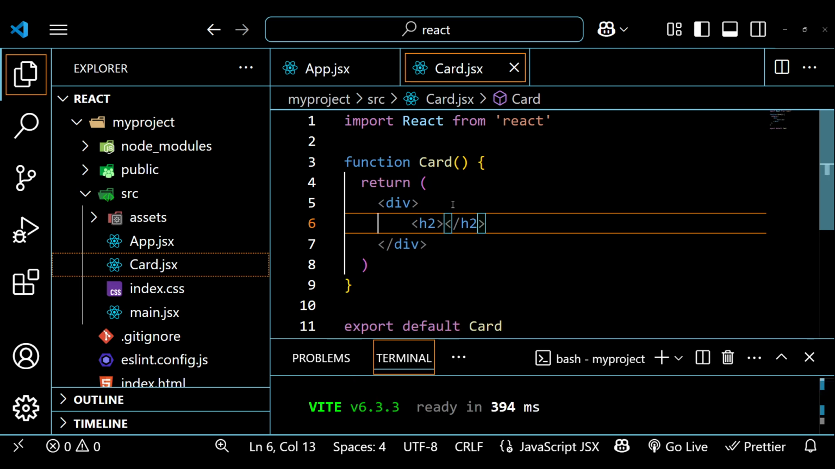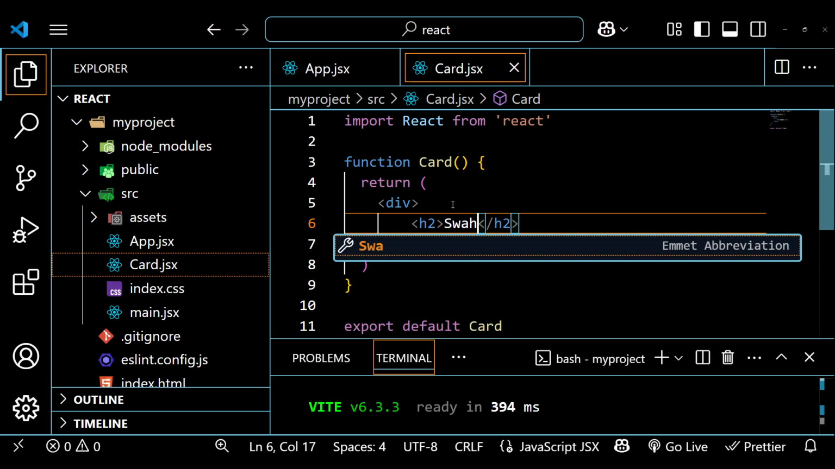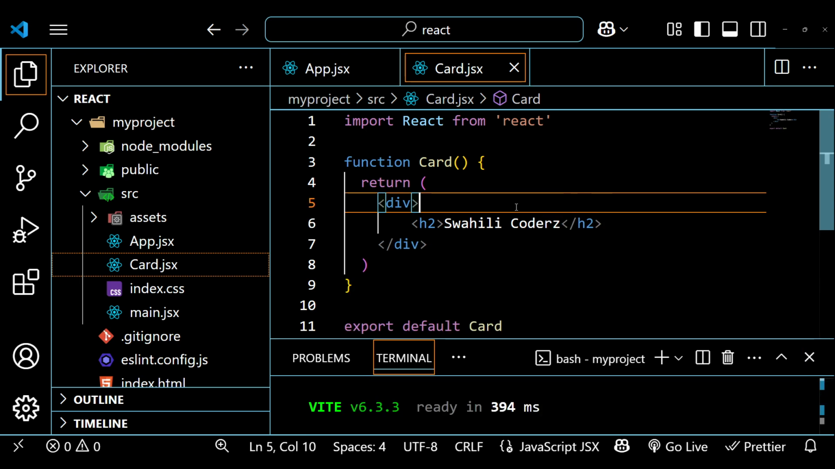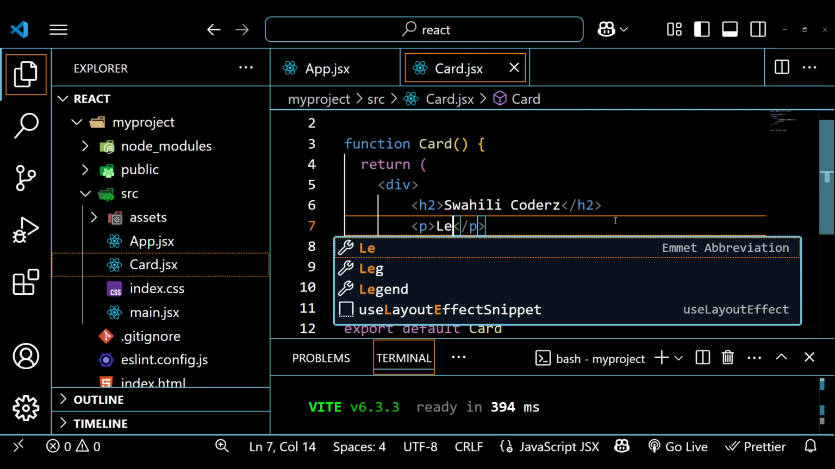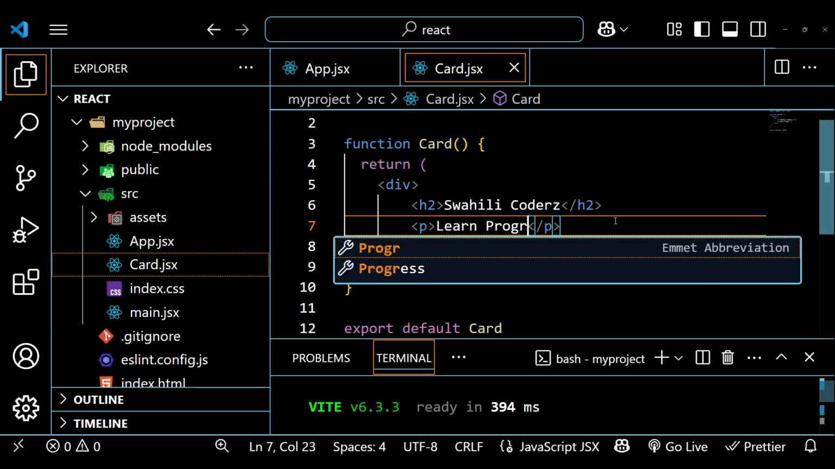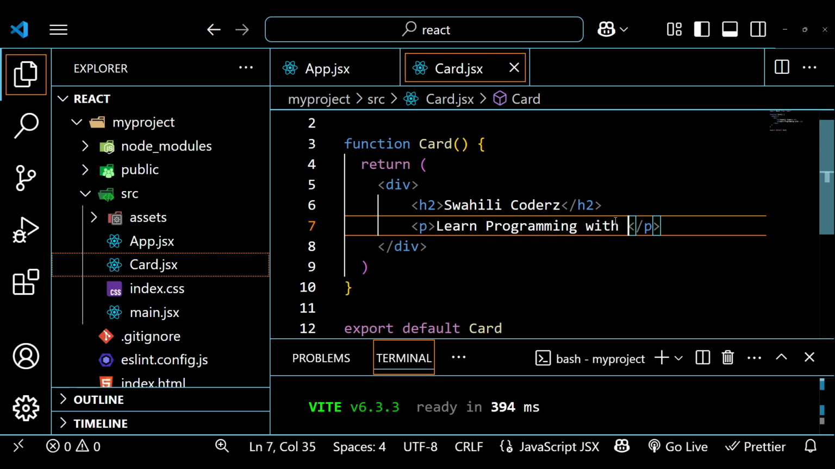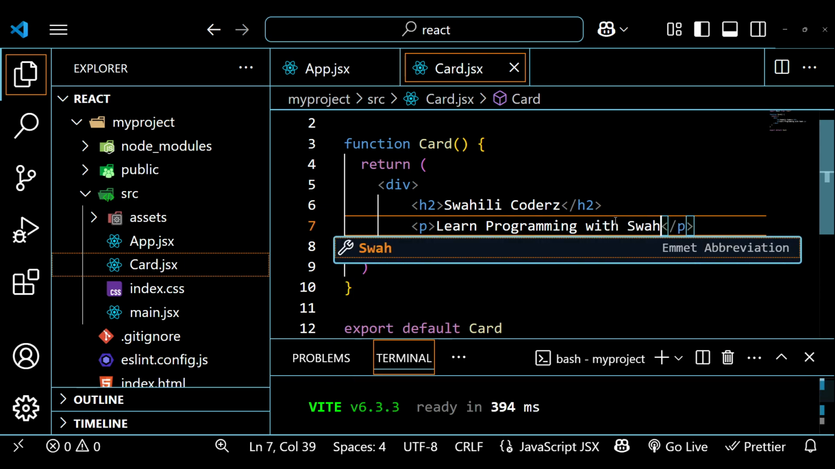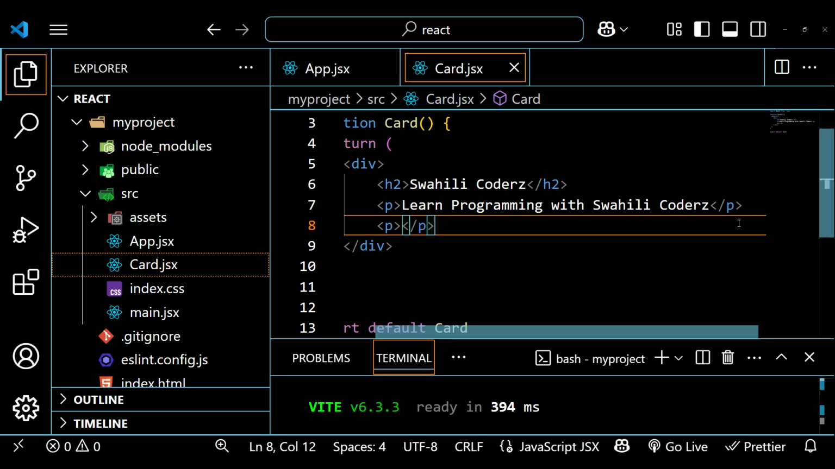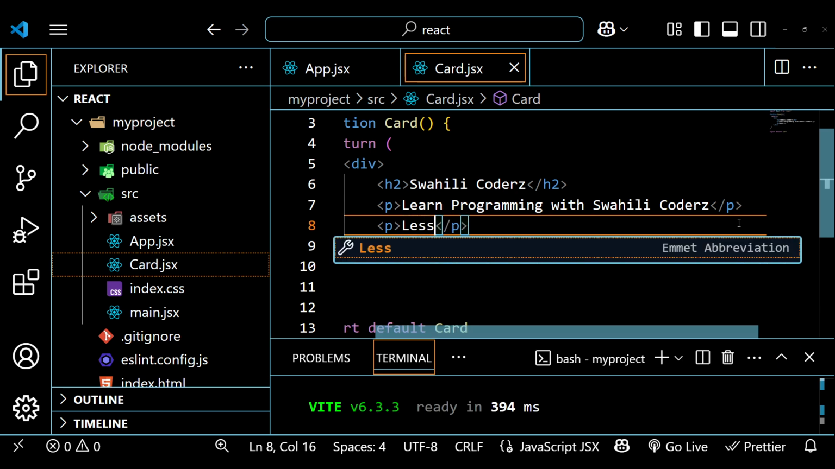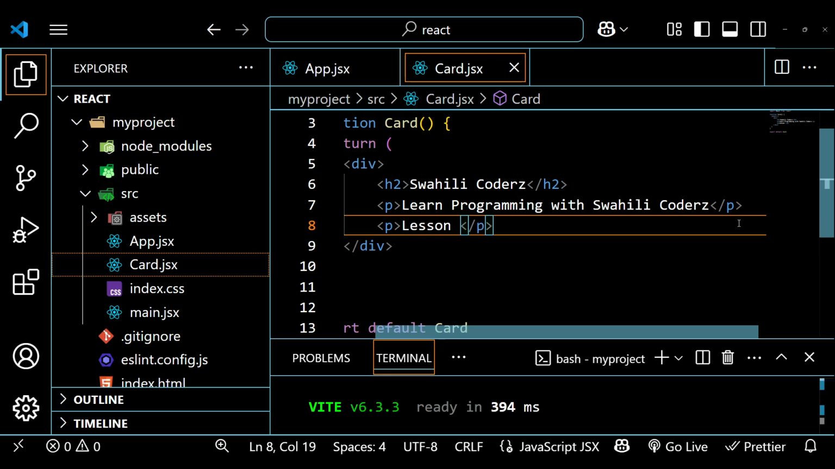We said you can say type your name, maybe Swahili, yes, Ibu, and then secondly I say Ilhan programming Swahili coders. So type like that, and then you can also add another paragraph and say lesson include